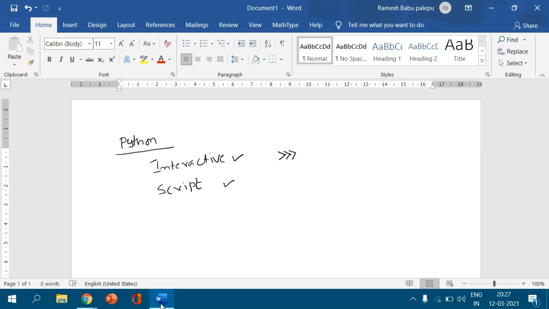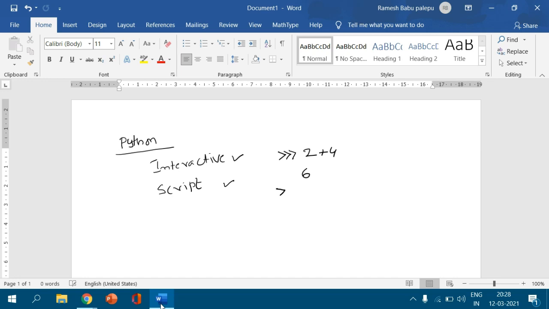Here we can type any command. It will be executed immediately and generates the result. For example, here I am going to type 2 plus 4 and press enter. Immediately, in the next line, it will generate the 6.